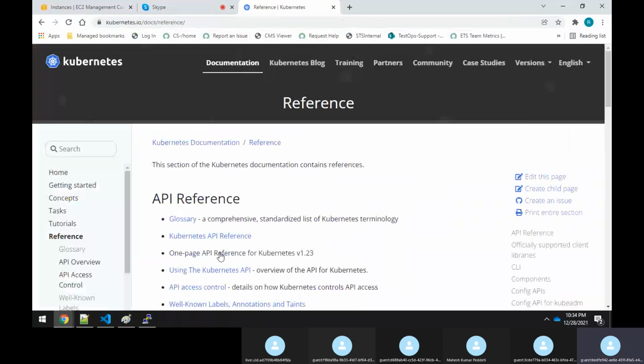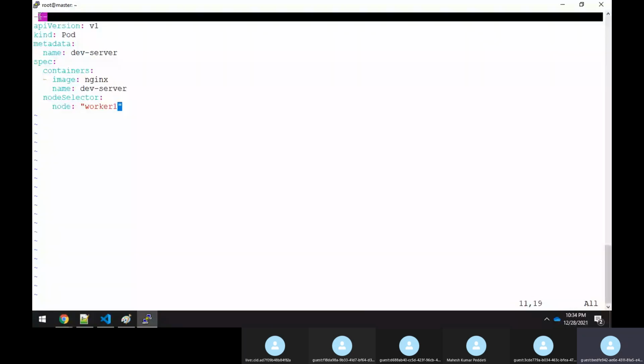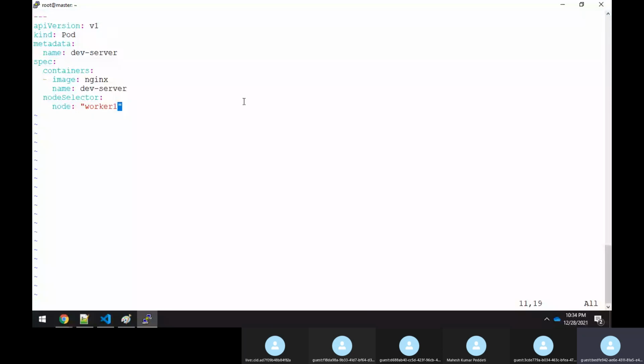Because we are creating a pod, you have to go to the pod section here, Pod v1 core. Now you can see that whenever I'm writing a pod, it always starts with the three hyphens. And afterwards, see the structure and what fields you have. You have apiVersion, kind, metadata, spec, and status. These are the five fields you have.